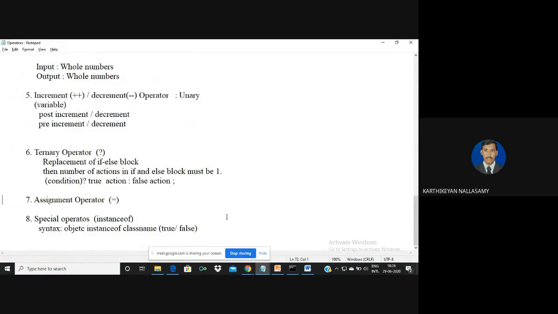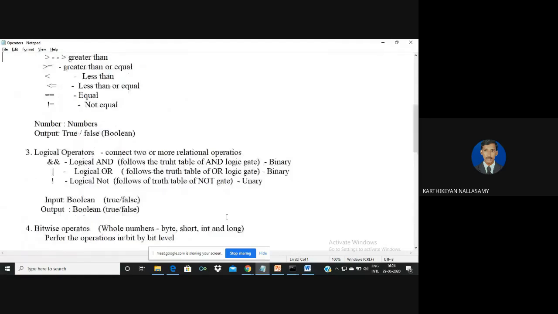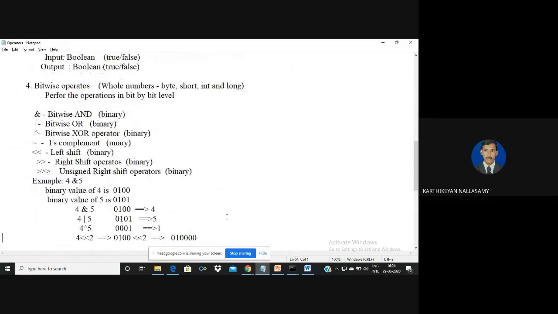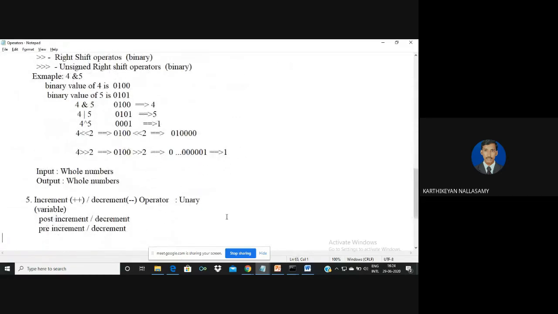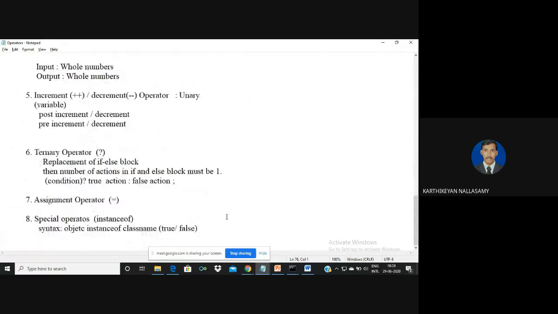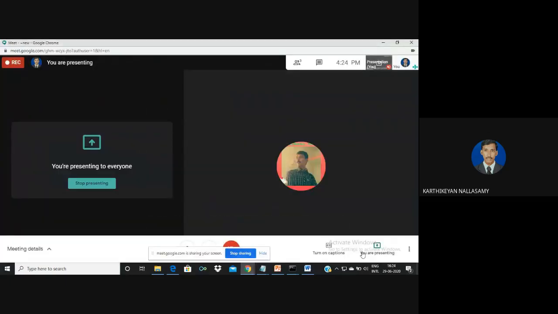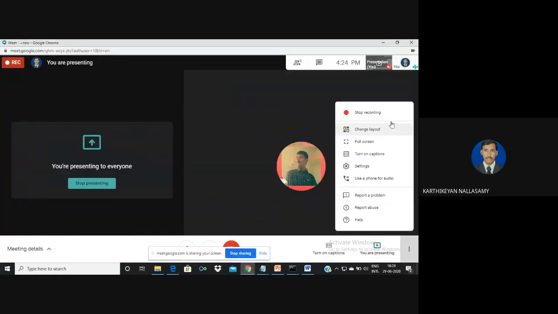Here I need to list out the unary operators we discussed. One is the minus symbol, which represents the sign of the number. The next one is logical not. Next is the ones complement operator, and next is the increment decrement operator. That's all. These are the different kinds of unary operators we discussed. I hope you can still recall it. Without the help of operators, we are unable to perform any operations in Java. So if you want to have good practice or know many things about Java, first of all you must have a clear idea about operators.